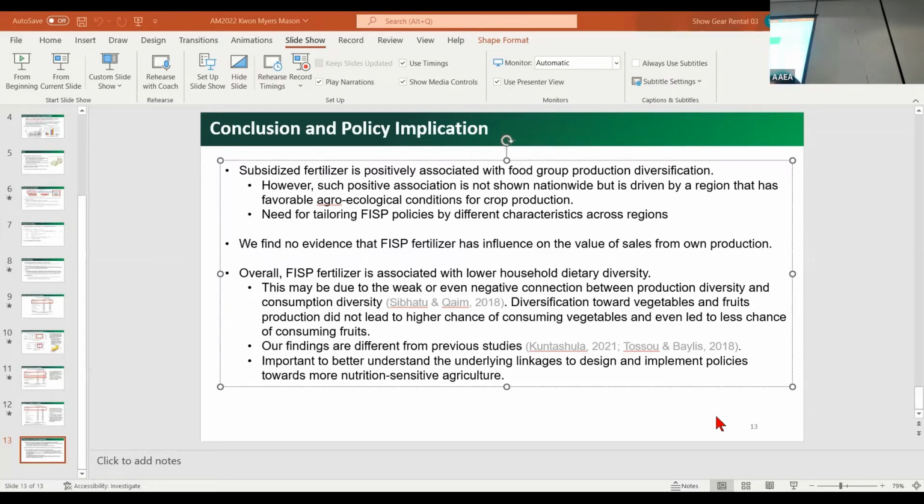Do you have data on whether the households are selling fruits and vegetables? Selling it to the market? Yes, we have whether they are sold or not, and the amount. So that's something that you could examine, right? Whether the fertilizer subsidy is actually increasing the amount sold. That could be one challenge. You can say that that's the reason why, even though production diversity is improving, it's not translating, because they're basically selling it away. Okay, yeah, that's a good idea. Thank you.